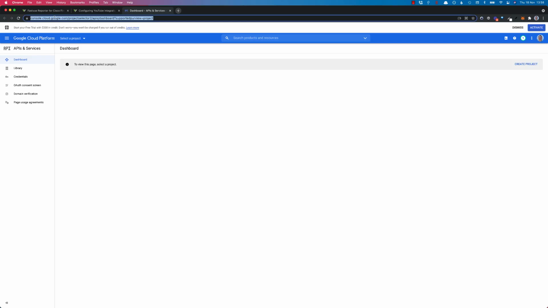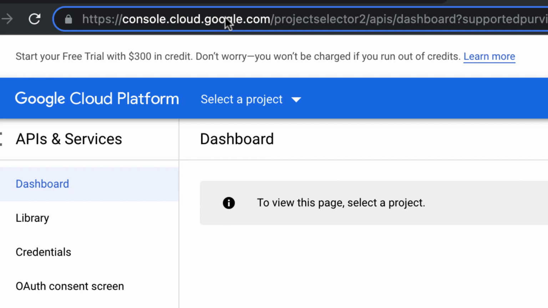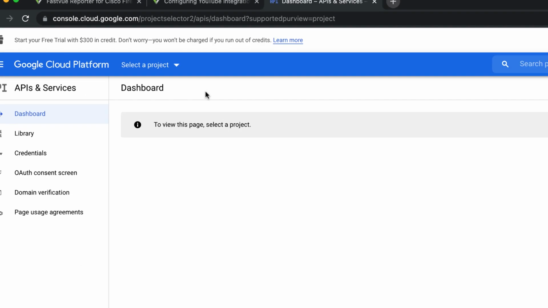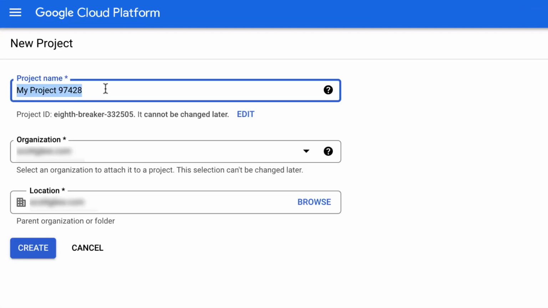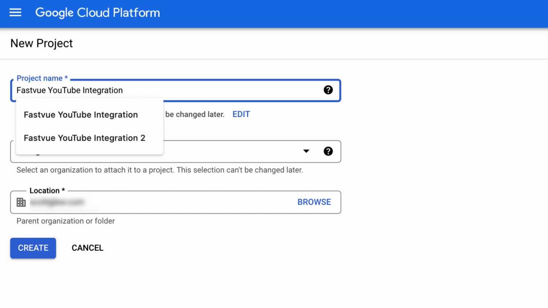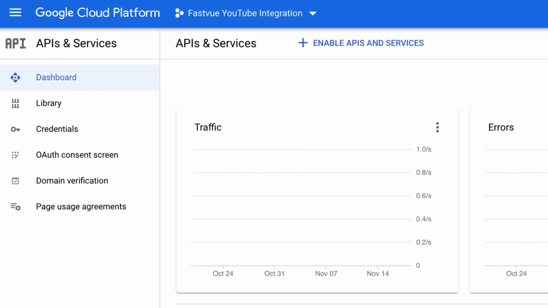The URL for the Google Developer Console is console.cloud.google.com. The first thing you need to do is to create a new project. So go ahead and click the Create Project button and give the project a name, such as Fastvue YouTube Integration. You can see I've done this once or twice before. Go ahead and click Create,